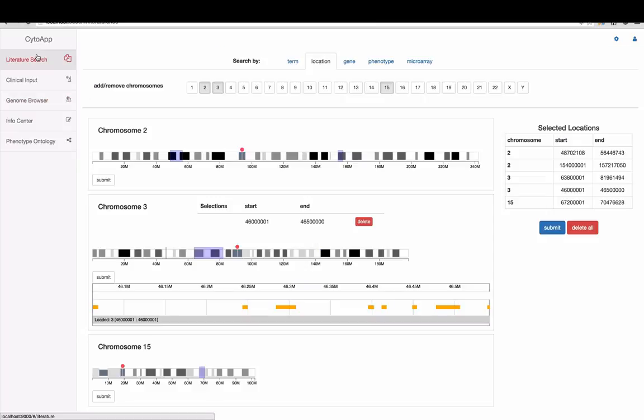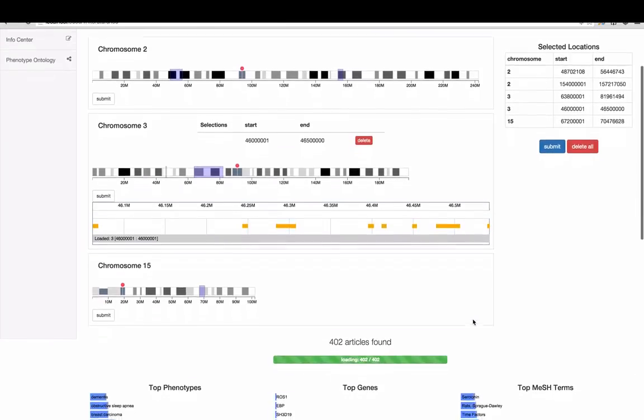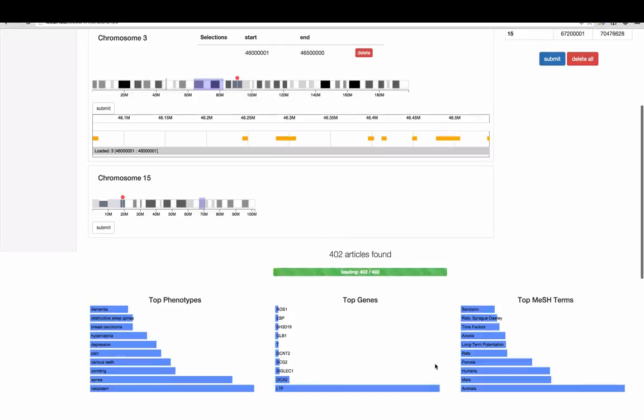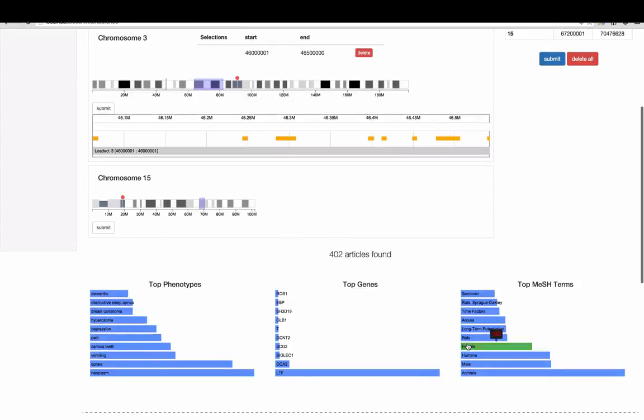Now the user goes back to the previous state of the tool and decides that the LTF gene is still of interest and wants to find all of the articles in which that gene or one of its variants is mentioned in PubMed. So here the user sees that there are approximately 400 articles in which the LTF gene appears,